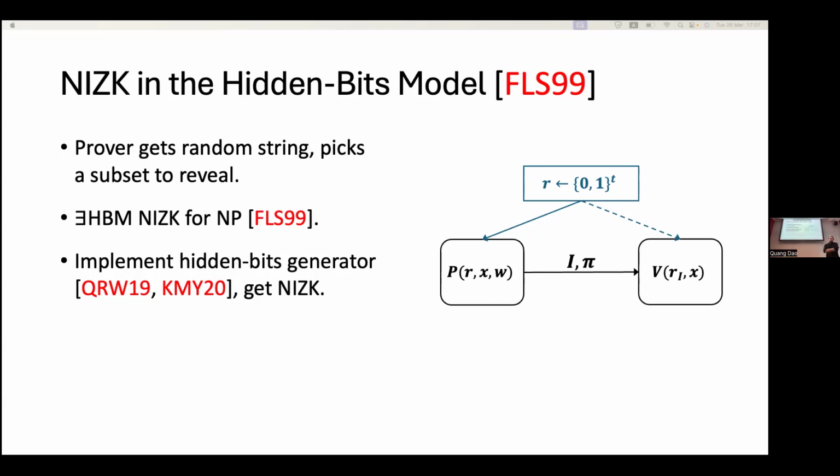Yes, if you force the prover to always output all the bits, then it's basically CRS, right? Yeah. Can you give an intuition for why this works? Like, how is it possible that the prover can just selectively reveal some subset and the proof is still sound? So there are also restrictions on the prover because, in some sense, the verifier,